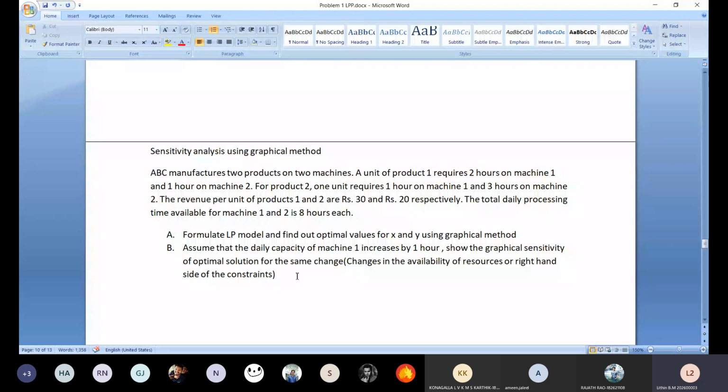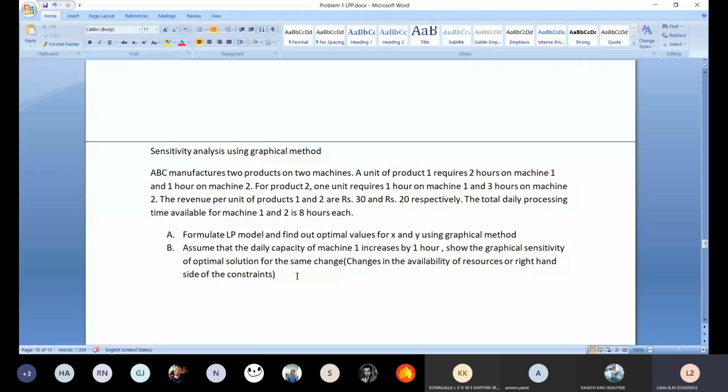So, in the previous class, we had a discussion on sensitivity analysis. In that, we have seen the first method. In the first method, we change the coefficients of the objective function, and we see to what extent the changed coefficients would have some impact on the optimum solution, the final value. That is something we have already seen in the first method.